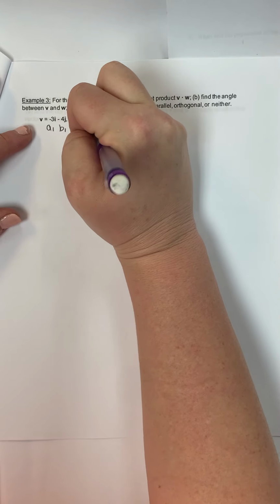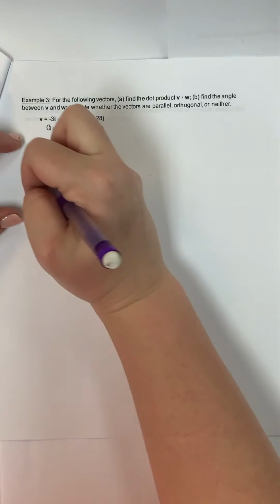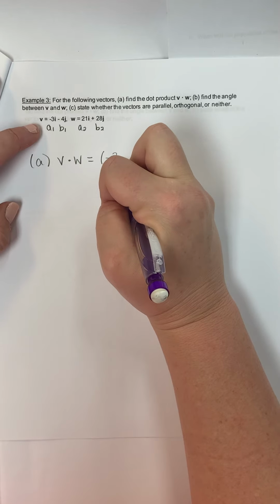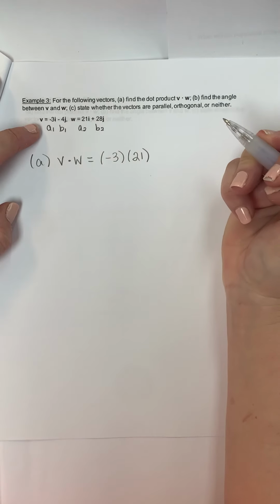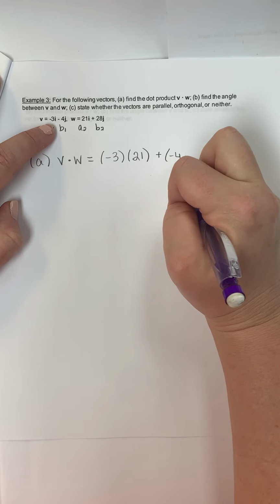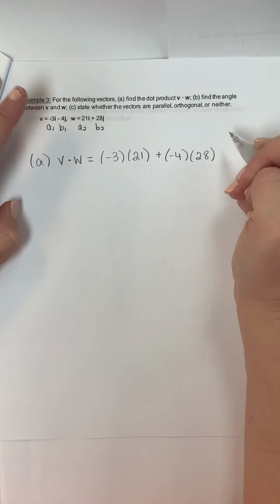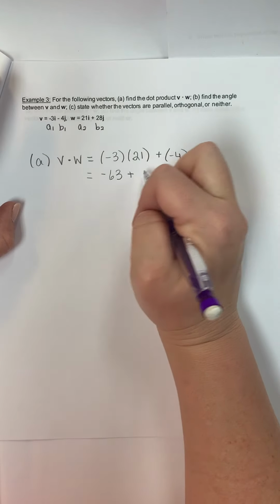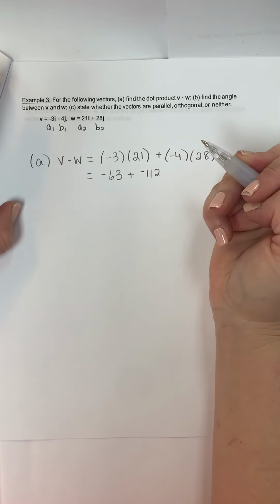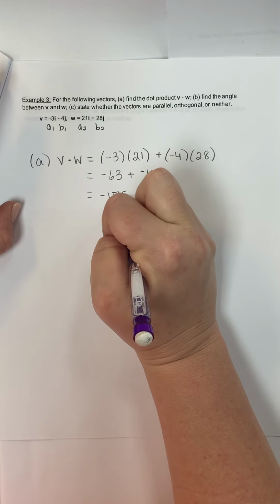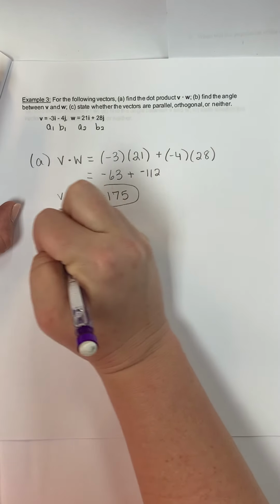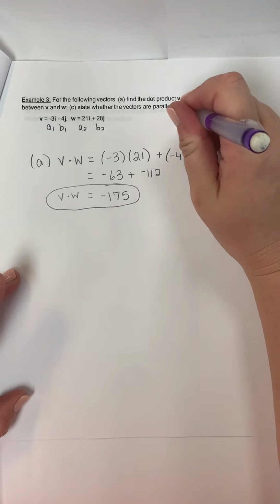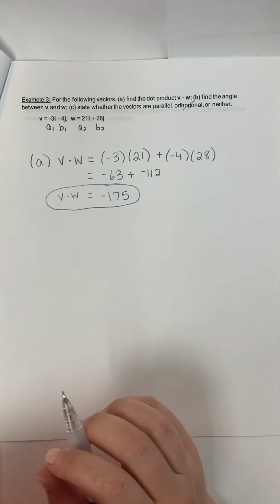I'm going to write A1, B1, A2, B2 right there. All right, let's do the dot product. I'm going to have my A1 times my A2 plus my B1 times my B2. Okay, this is going to give me negative 63 plus a negative 112. I could have just put minus 112. Anyway, that turns into a negative 175. There's our A. Dot product, it is definitely not orthogonal, but it doesn't tell me anything about parallel, so